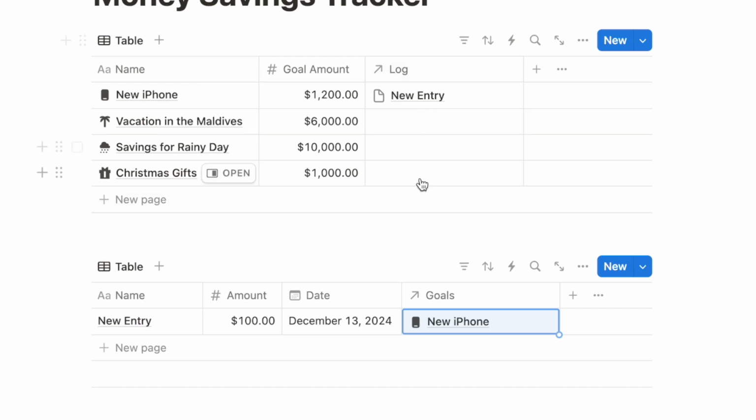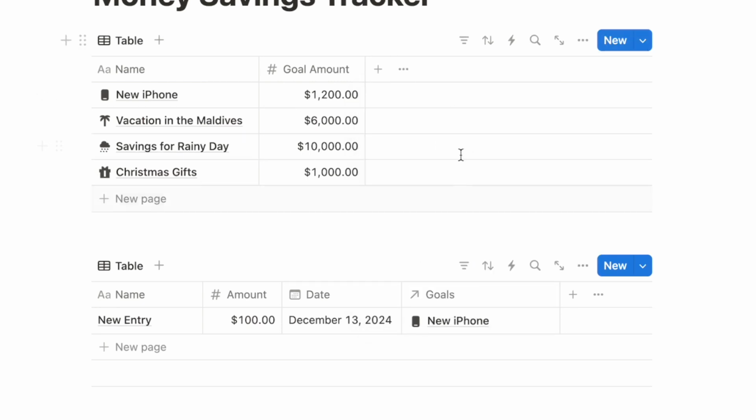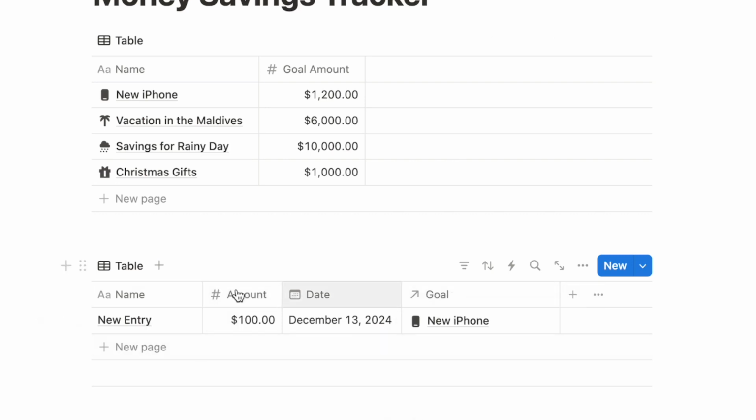Now we do want this to be working in the background, but we don't actually need to see it on our database. So I'm just going to click on here and hide it in this view, but it is still there working in the background, which is really important. I'm just going to quickly change the name. Instead of goals on here, let's just change it to goal,